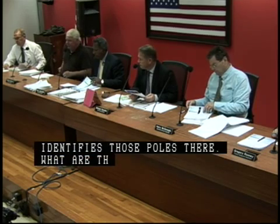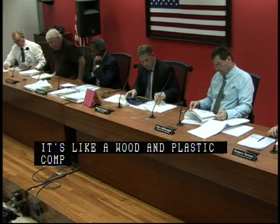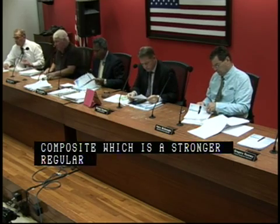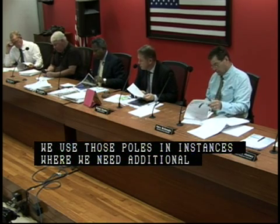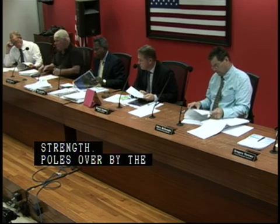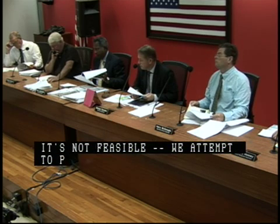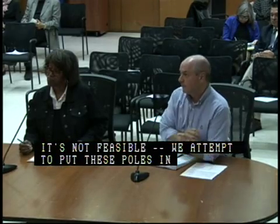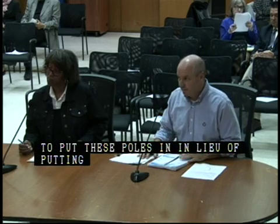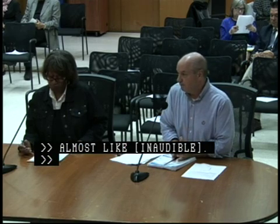It's like a wood and plastic composite, which is actually stronger than a regular wooden pole. We use these poles in instances where we need additional strength. Corner poles, end poles that have the tendency to get pulled over by the existing wires, and if it's not feasible to have guying on the pole, we attempt to put these poles in as the end pole because it'll stand the tensions pulling at the pole in lieu of putting in a guy to hold the pole up. So they're almost like bookend type of poles that handle the stress? Exactly. They're usually set in concrete for a more stable bottom,